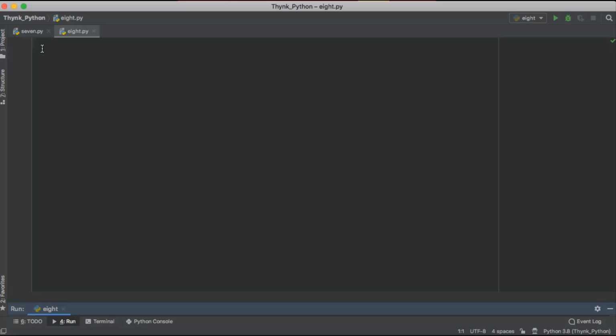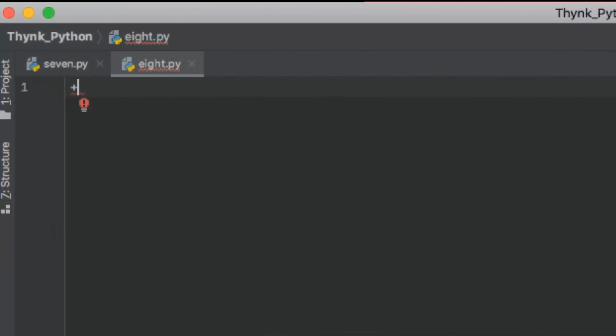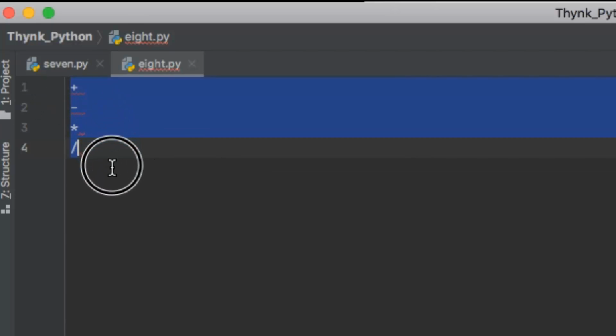Today in this tutorial we'll learn about arithmetic operators. Arithmetic operators are similar to what we do in basic mathematics. There are the basic arithmetic operations such as addition, which is represented by a plus sign. Then we have subtraction, the minus sign, and multiplication, for which Python uses the star or asterisk sign, and division, for which we use the forward slash like this, right? So we'll learn about these arithmetic operations one by one.